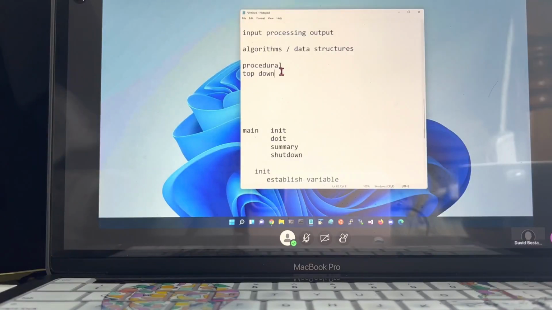We could procedurally do it, or we could top-down describe the algorithm. Then we could also farm out the various levels to different groups of people to work on them. Maybe we have a group that's very good at writing security code. Maybe somebody that's very good at writing parsing code that can take data and break it into its component parts. Eventually,